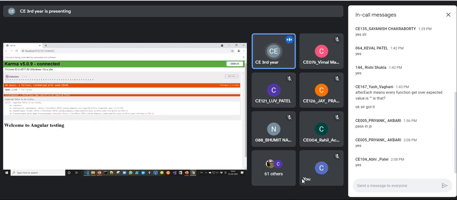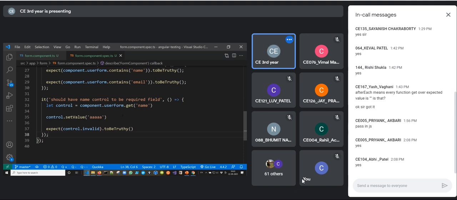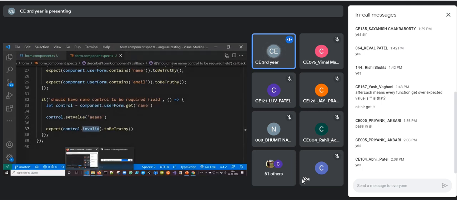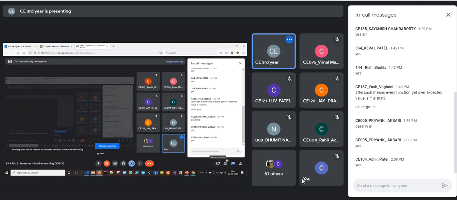See that we have modified the code, and now this test case fails because the invalid property is no longer true. The name field now has a value, a non-null, non-empty string is set, and that's why the invalid property should be false instead of true. Now the test case fails. You can incorporate both kinds of testing, or have multiple test cases, one checking the valid value and another checking the invalid value. The idea is that all the test cases must pass. If the implementation is wrong, the test case will fail.